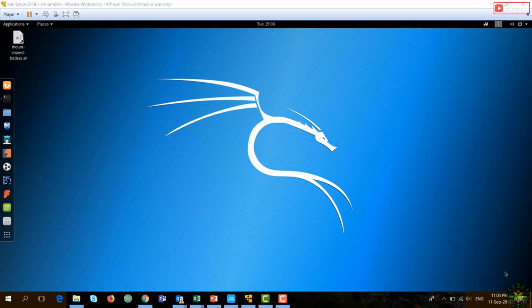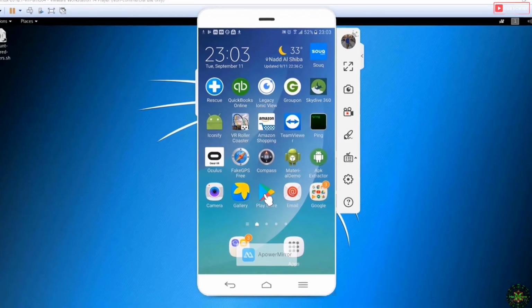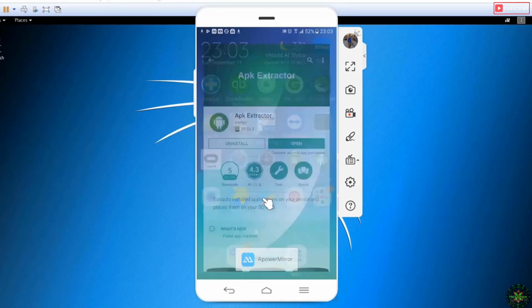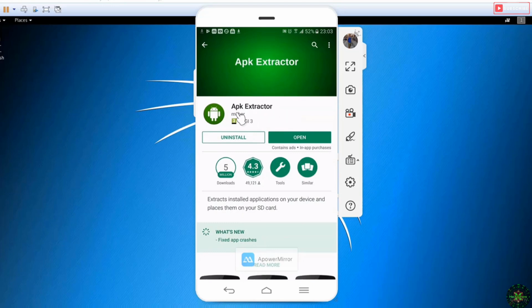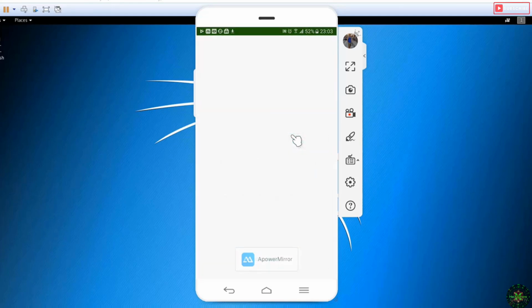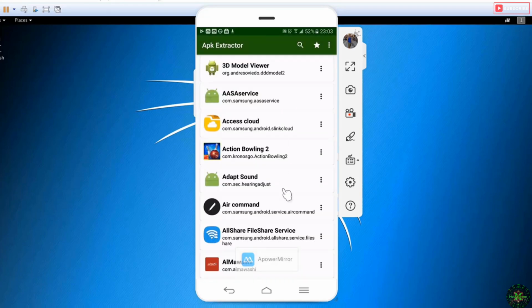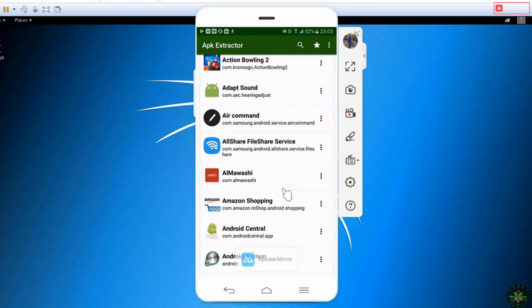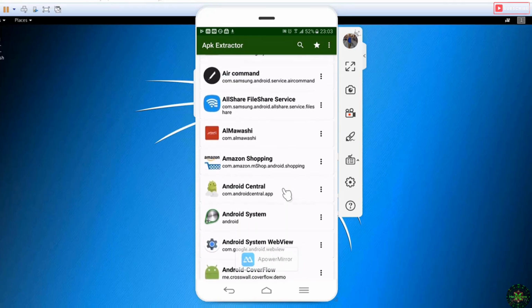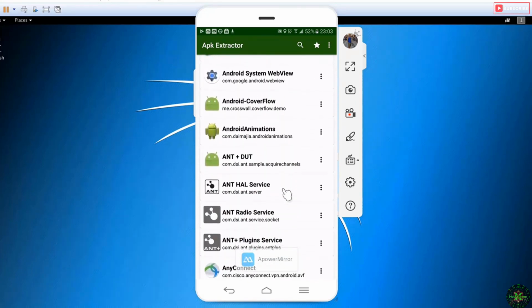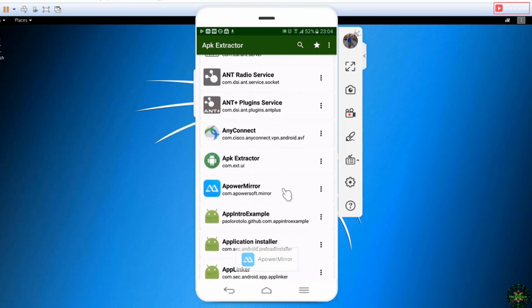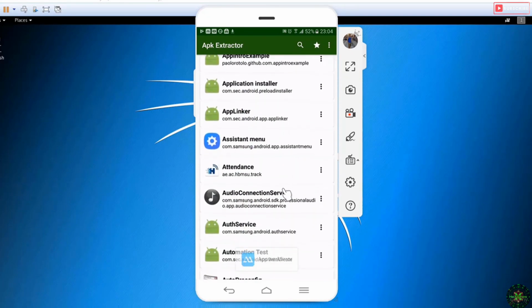First of all, we need the .apk file. Usually you install applications on your mobile phone, but you can extract the APK using lots of available applications such as this APK extractor. So download this APK extractor and open the application. It will automatically load all the applications that are installed on your mobile phone. You can just browse, and with just a click of a button you can select an application that you want to extract to .apk